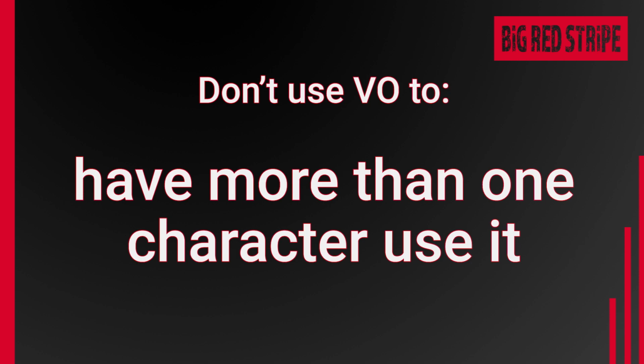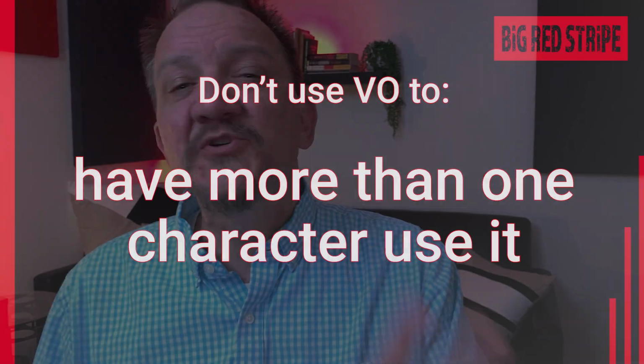Voiceover mistake number 2 is having more than one character give VO. What you're essentially doing is saying there is more than one narrator, but there can't be more than one narrative voice. That's a feature of how stories work. Now, I know some of you are going to take this as a challenge to go and research and try to find the 4 or 5 or maybe 20 films that break this kind of guideline and that have multiple narrators. And that's fine if you want to spend your time doing that.